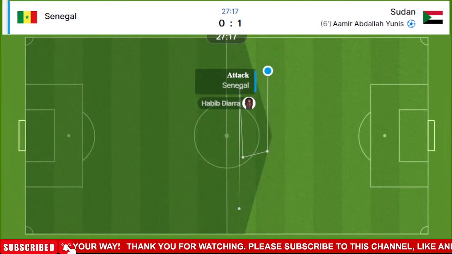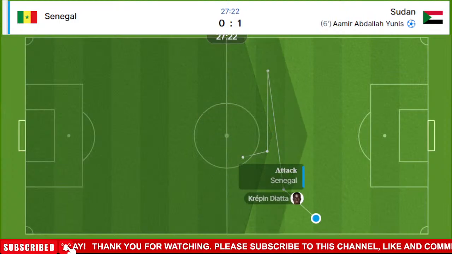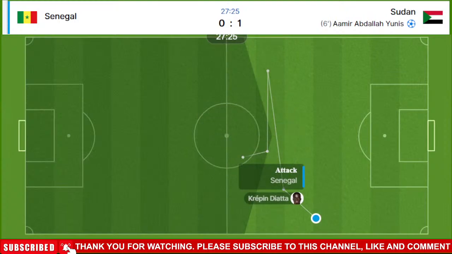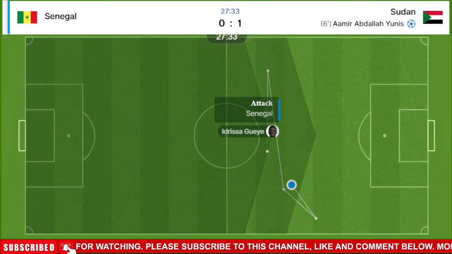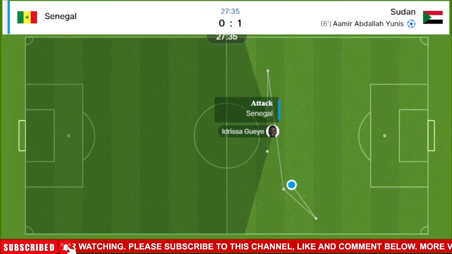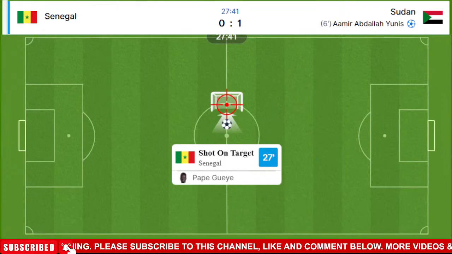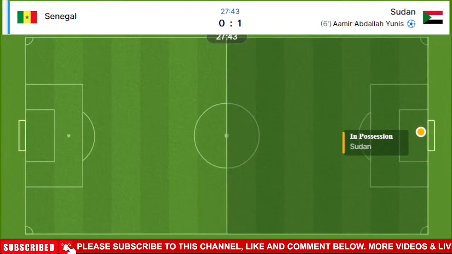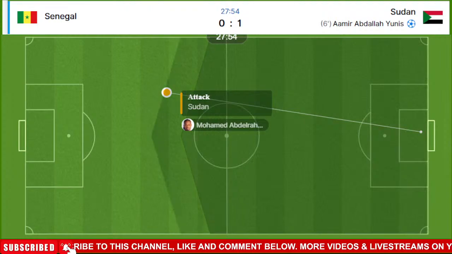Forward it goes, and this time it runs through to Edouard Mendy. And now collected by the Senegal goalkeeper. Won now by Sek, and he plays the ball over to the right hand side. This time it's out of play on that far hand side. Just 3 shots each so far in this first half. Will be a throw in which Jacobs will take, and this time it's the ball drifting out for what will be